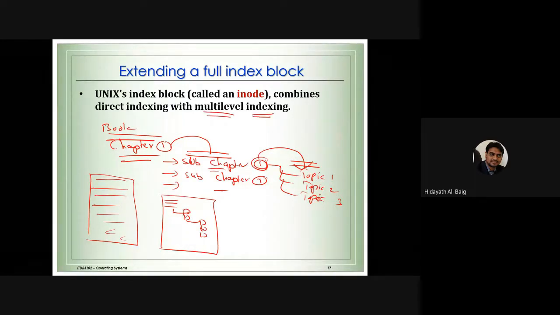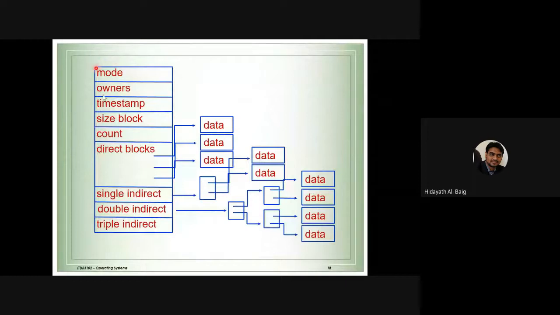indexing. If you look at this picture, we have the disk blocks. In the disk blocks, we have some disk blocks, and in another disk block we have some sub disk blocks. The indexing is not just one level, it is sub blocks, I mean it is going to be multi-level. You can see this one block is divided into 3 blocks, and another block may be divided into 2 more blocks. Likewise, it is going to be double indirect. You can see single indirect, and this is direct.